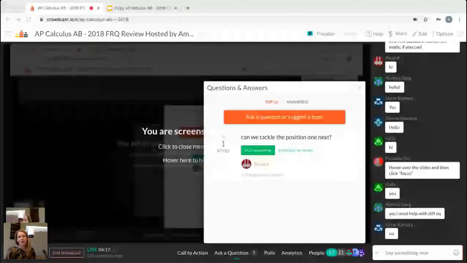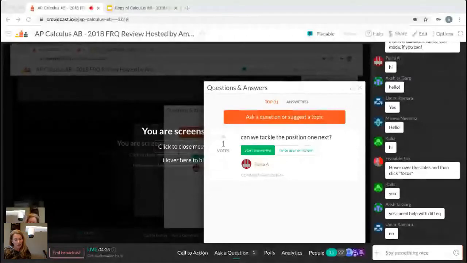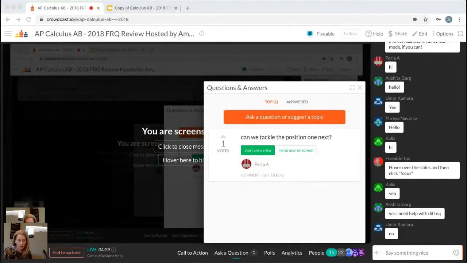Alrighty, so what I think is the cool thing about differential equations and slope fields is they seem intimidating, but they really incorporate a lot of pretty simple steps and simple processes that I think you'll be able to handle pretty well. So the first thing is this slope field has been graphed,